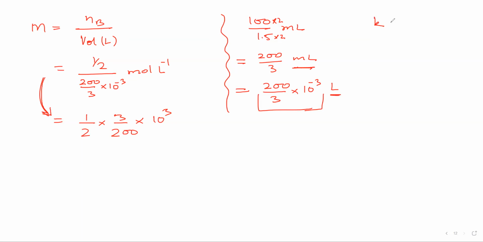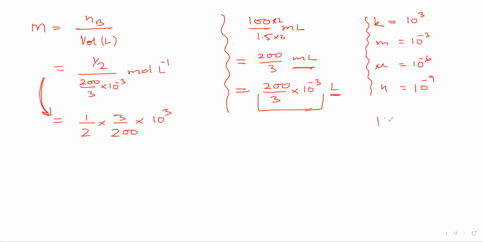See, you have to remember these terms. Kilo, K means 10 to the power 3, that is 1000. Milli means 10 to the power minus 3. Micro is given as mu, it is 10 to the power minus 6. Nano is given as n, it is equal to 10 to the power minus 9. Okay, so remember these terms. So if you want to change this m to a number, you will just put 10 to the power minus 3 and it will be milliliters.